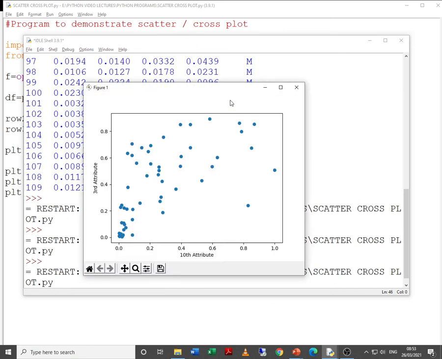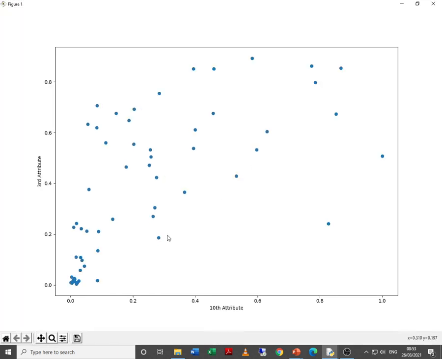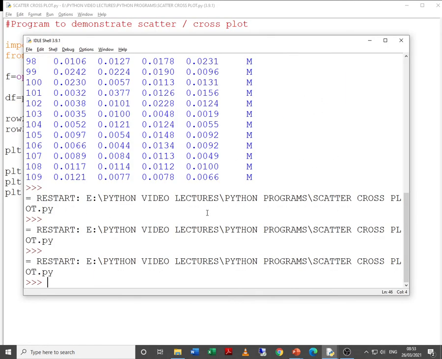Oh, not at all correlated. The points are all scattered. If you try to draw a straight line from end to end, the points are all scattered. So this way we can find the relationship or correlation between the attributes. That is one part of analytics, and that is why it is important.